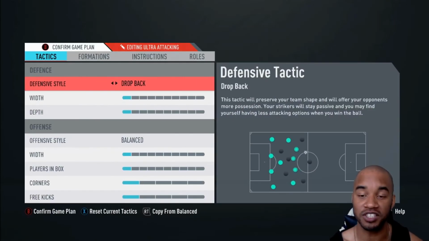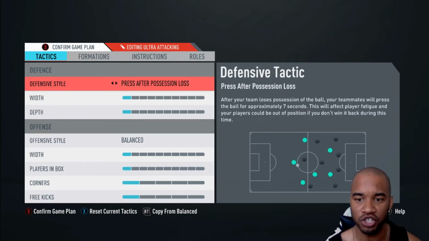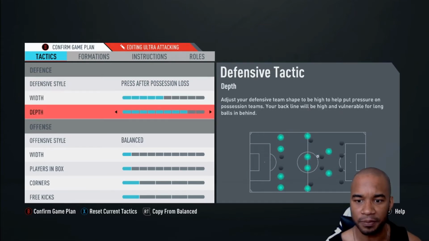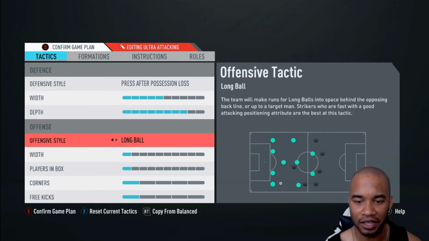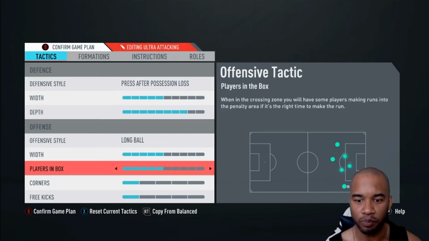So I'm going to show you the custom tactic that I actually went into during the game. So pressure after possession loss, 5 width. The depth went to 8. 1, 2, 3, 4, 5, 6, 7, 8. Yes, so the depth went up to 8. Defensive style, long ball. Width was 5, and players in the box